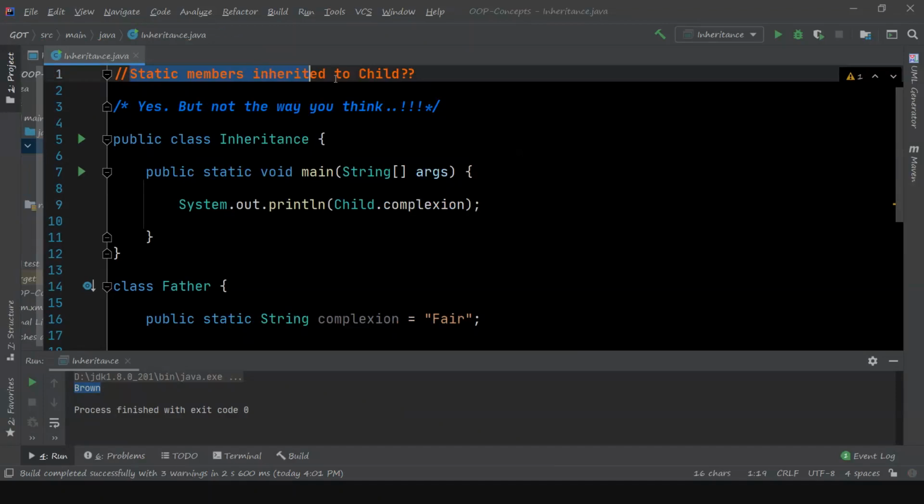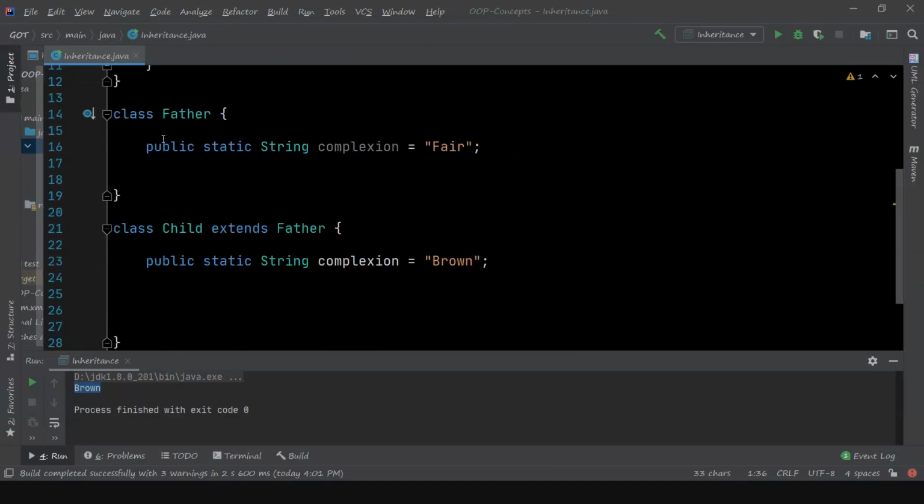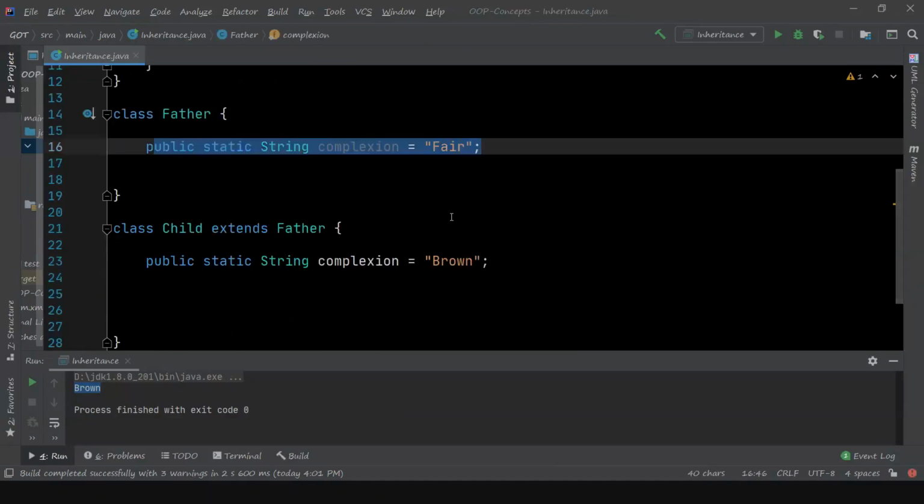Are static members inherited by the child class? That means static members, be it static variables or static methods. Do you think they will be inherited by the child class if there are any static members in the parent class?